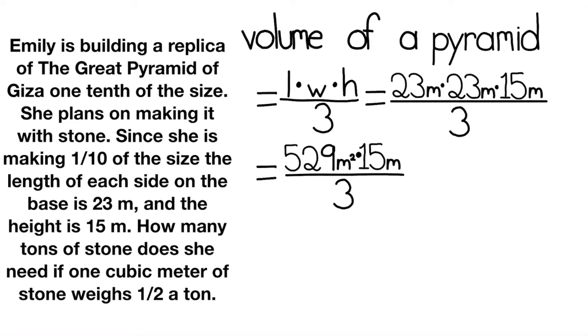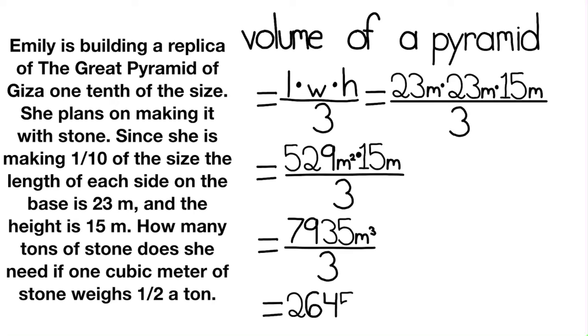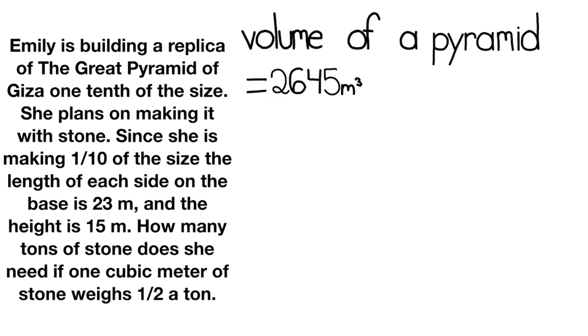The next step we're going to do is multiply 529 meters squared times 15 meters, which equals 7,935 meters cubed over 3. The final step of finding the volume of this pyramid would be 7,935 meters cubed divided by 3, which equals 2,645 meters cubed. So now we have found the volume of this pyramid, let's go on to the next step